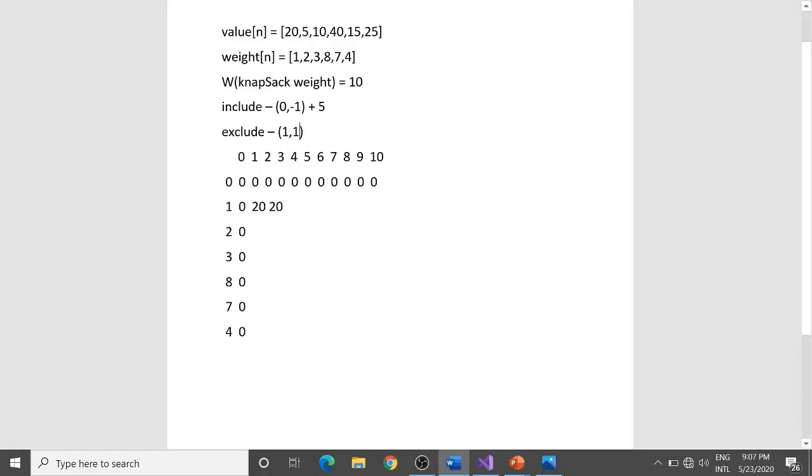Look, I am recursing for the remaining elements, and what are the remaining elements? I am sitting at this element. I have only remaining elements of 1. So I need to recurse in the remaining elements with the same knapsack weight, that how much max value can I make out of it. So where can I find this subproblem 1,1? It is this subproblem. And what's the answer to it? It's 20 over here.